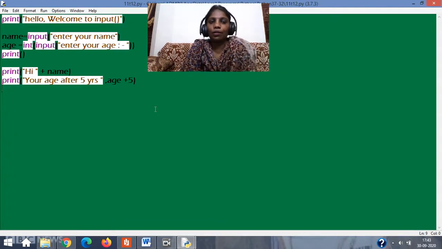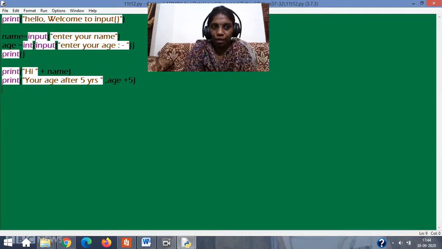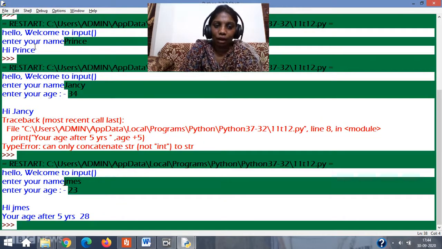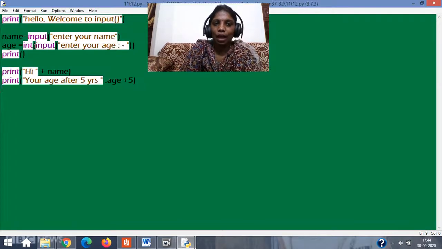We just learned how to convert our string to integer using data type conversion. I took the entire value which I am getting from input. When input, enter your age, is taken, we are definitely entering a number only. That number is converted into an integer type and stored in age. So when you run it, 23 becomes an integer value, and when added with 5 you get an answer. So this is how you input.